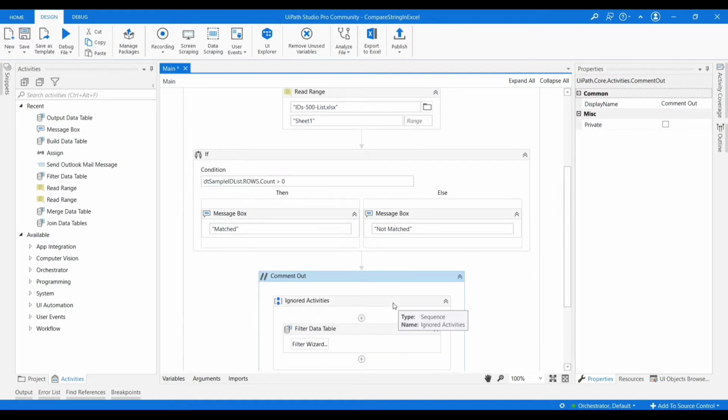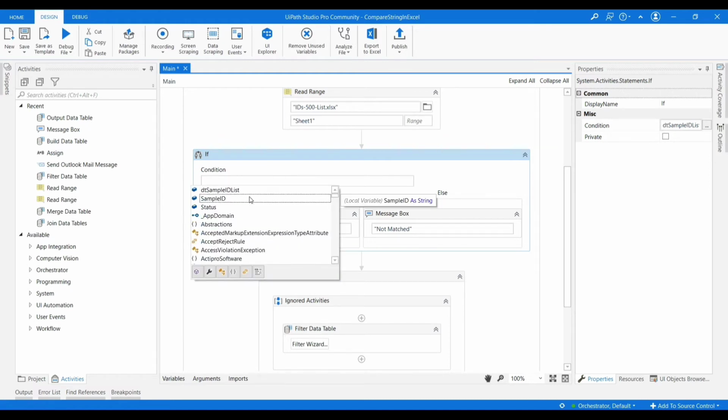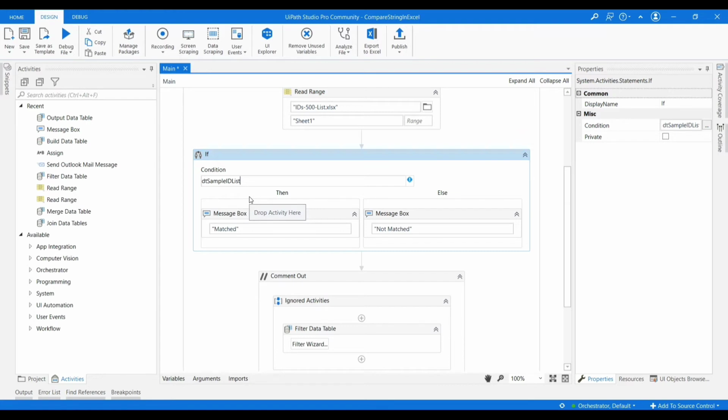Now we have to write a LINQ query which will return a boolean value, that is true or false. For this we are writing the LINQ query in an if condition. So our data is in a data table. First write our data table, dt sample id list, and dot AsEnumerable, brackets, dot Any,